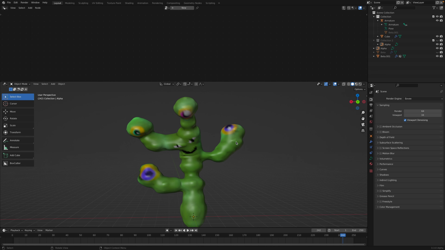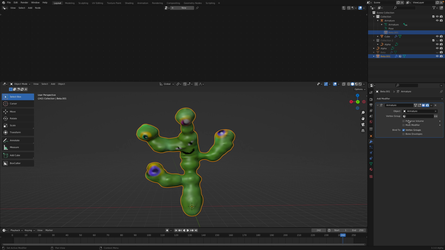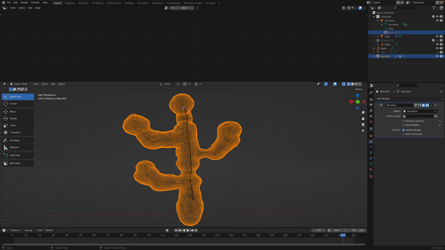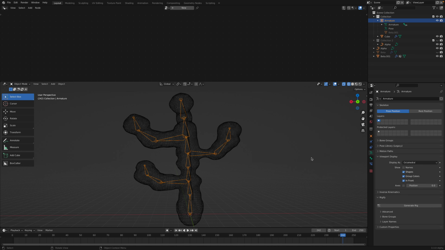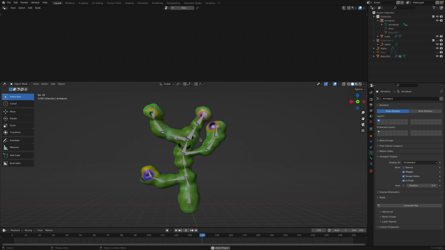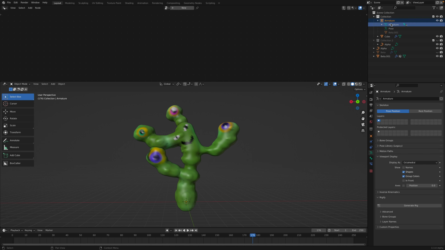So the cactus is okay. There's the mesh that is currently driven by armature bones, okay, and underneath is this bone, and I can show it to you. Okay, so the bones, it's moving. It's driven by something, and that bone is actually driven by a curve. Okay, so if I select the bone once again,